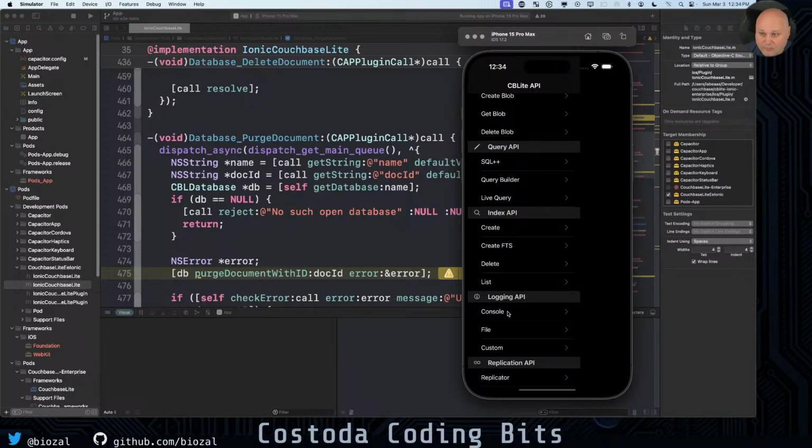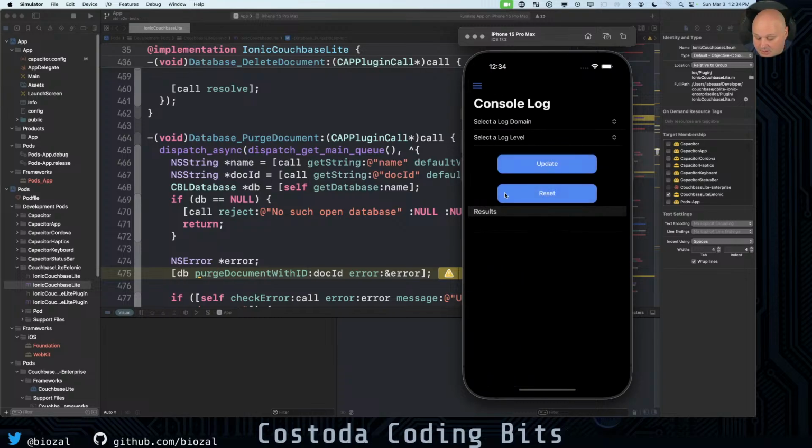To say the least, with web, you're stuck with the fact that web views, for example, are the WKWebView, so it's the WebKit version. So it's pretty fast, but it's still single threaded, and you have to deal with the fact that everything's single threaded, right? So I'm going to go to the logging API, go to console here,